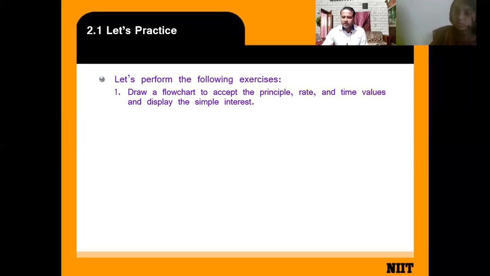Draw the flow chart to accept the principal, rate, and time value, and display the simple interest.